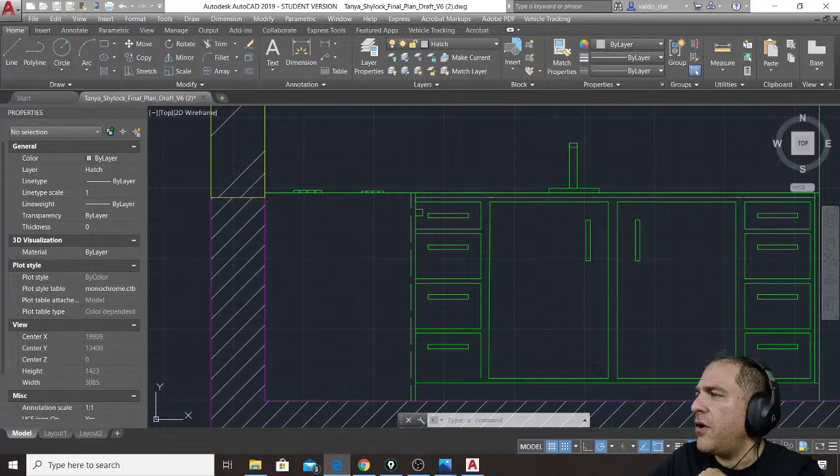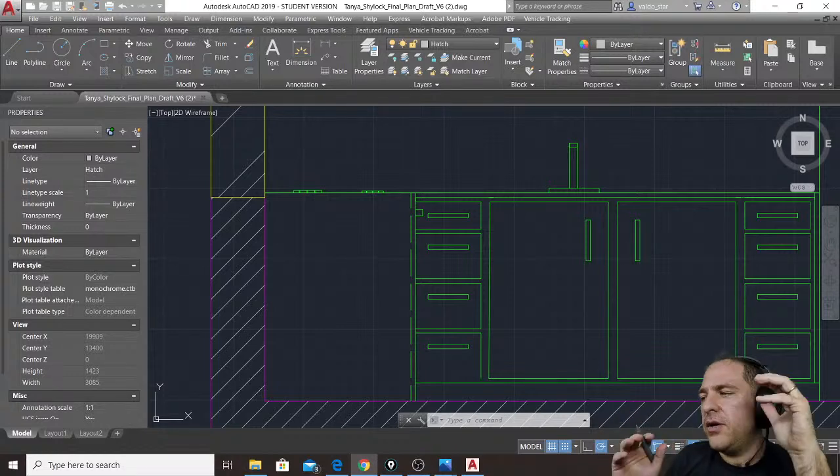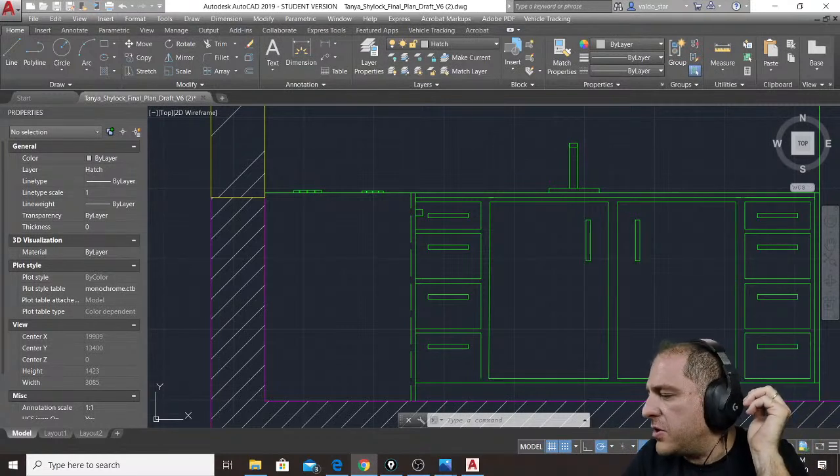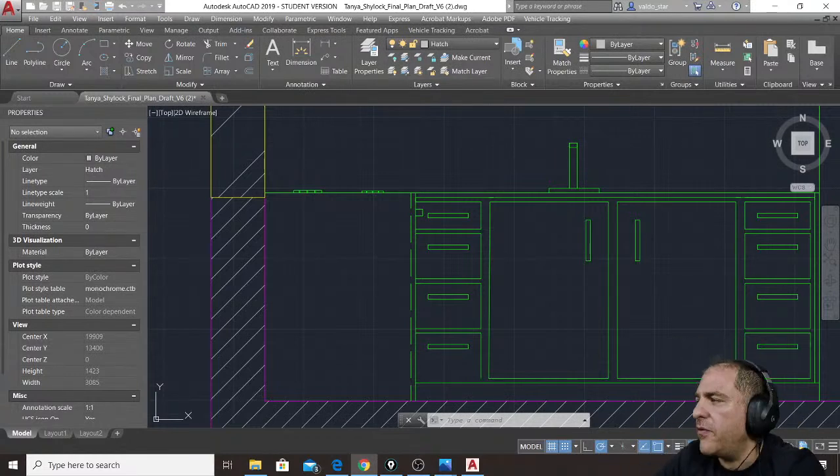No, I have no additional messages for AutoCAD. So let me know if you have additional questions, because we have these last 20 minutes to solve your problems. So if you want me to open some of your files,